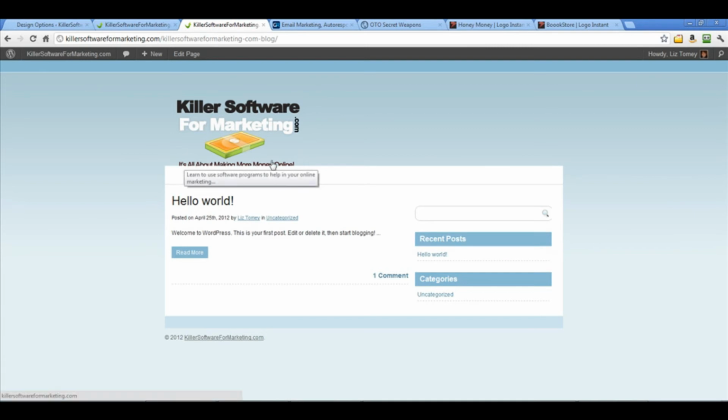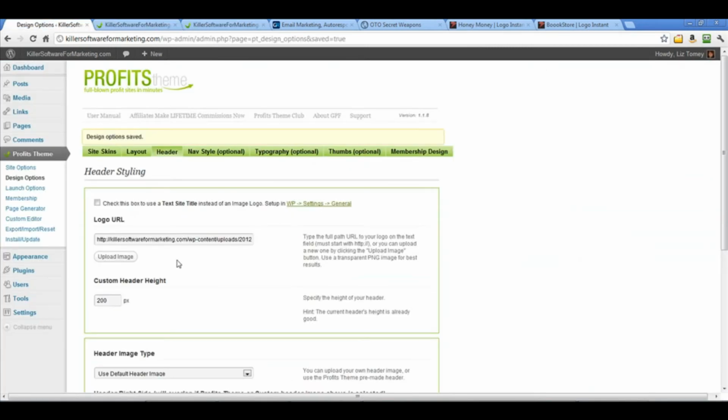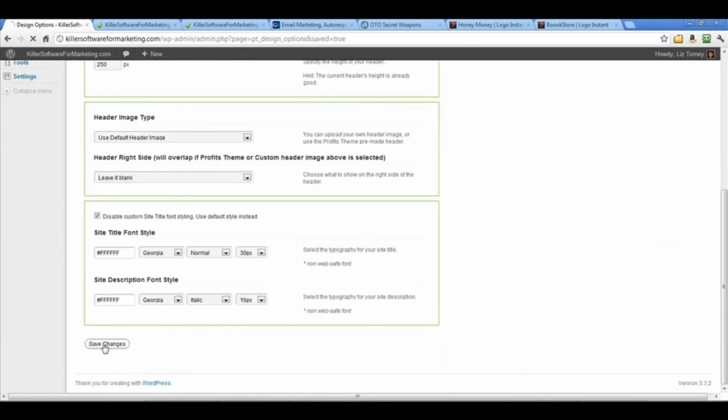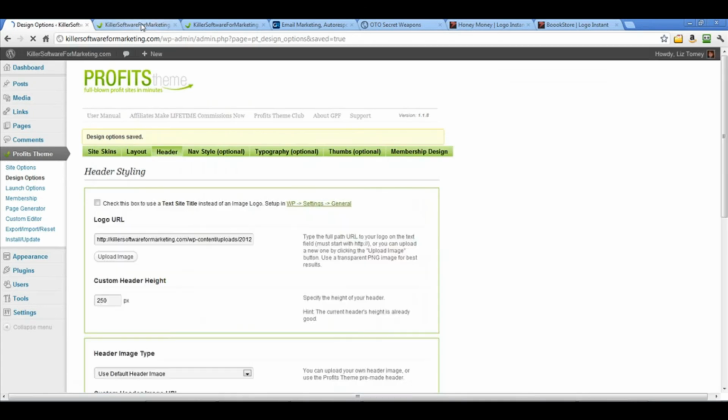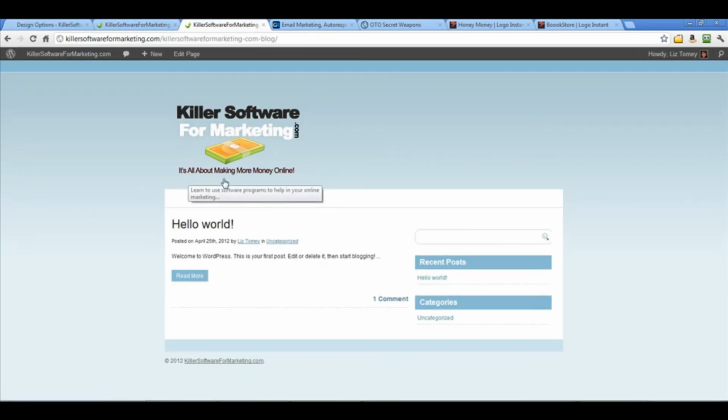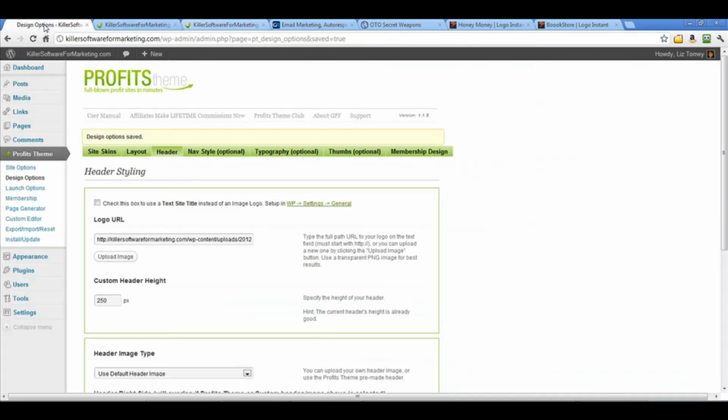Okay, so we need it a little bit bigger, so that actually is working. So let's go here, do 250. Save. It's all about making more money online. So there we go. So there is our image, our little logo that we could put here. Now it leaves this great big bare spot, so I don't even know that I would do that, but I think you can also